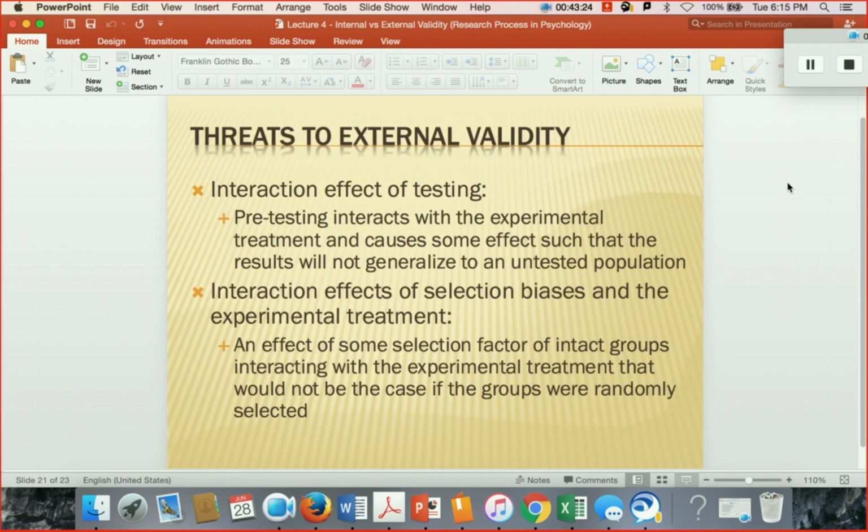Perfect. So let's look here at these issues of external validity and some possible threats. The first issue here that we have to consider is this aspect of an interaction affecting testing. What does it mean to have an interaction effect occur on testing? Well, essentially this means, for instance, that a pre-test interacts with the experimental treatment and causes some effects such that the result will not generalize to the untested population. So think of it like the following situation. Let's say that